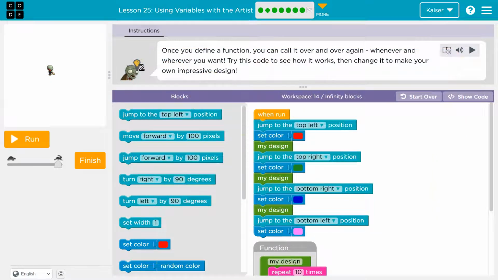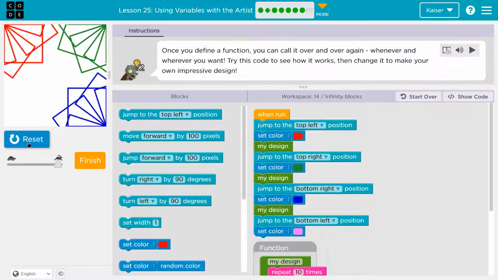Once you define a function, you can call it over and over again, whenever and wherever you want. Try this code to see how it works, then change it to make your own impressive design. Okay, so I'm going to hit run here. Wow. So what a function is allowing us to do, guys, is let me zoom out just because there's a